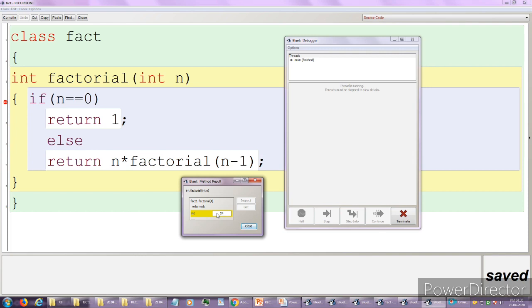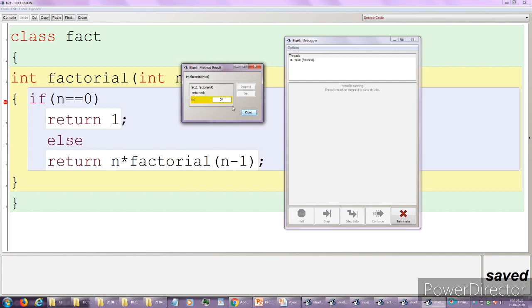Why is it blinking there? Why is it not moving to any other part of this program? And in this box you can see that the result is 24. We all know that factorial of 4 is 24.